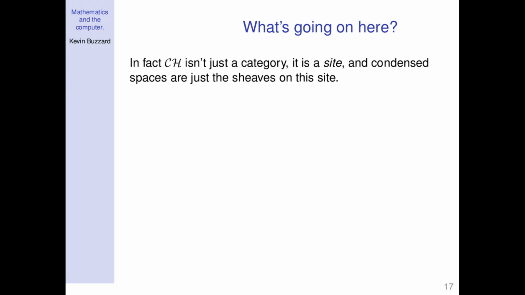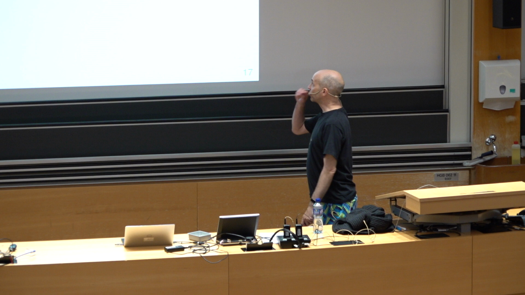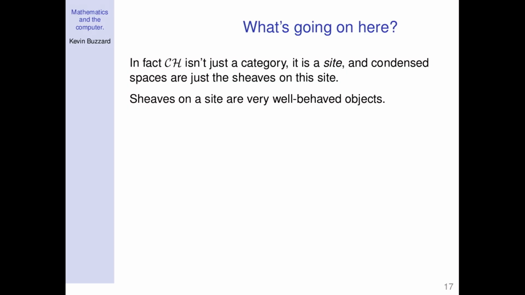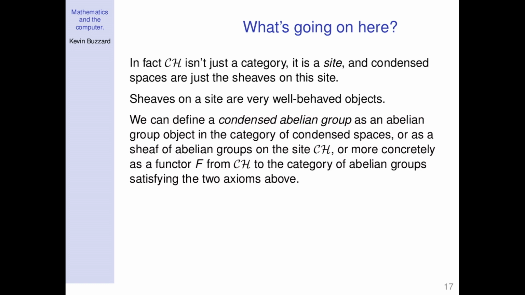And then those axioms I wrote down, it just turns out that I've written down completely concretely the concept of sheaves on this site. So really we're looking at sheaves on the category of compact Hausdorff spaces. In particular, we're looking at the category of sheaves on a site, and the category of sheaves on a site are really, really nice objects. This is what a Grothendieck topos is, the category of sheaves on a site. That's one definition. Grothendieck topoi are very nicely behaved objects. And in particular, I'm claiming that we fixed this problem that we had with topological abelian groups.